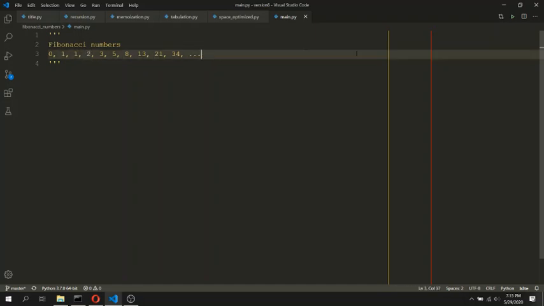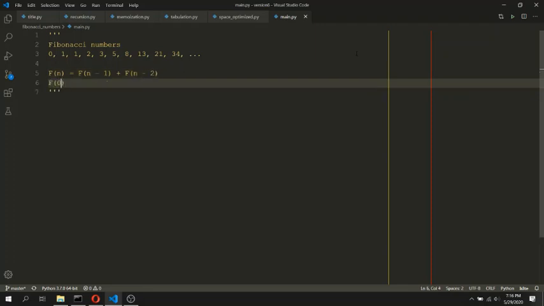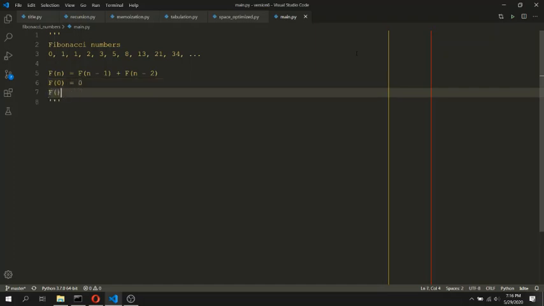Based on this informal definition of Fibonacci numbers, we can define a mathematical definition as follows. Let f of n be the nth Fibonacci number in the series, that is equal to f of n minus 1 plus f of n minus 2, where the starting two numbers are f of 0 is 0 and f of 1 is 1.